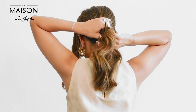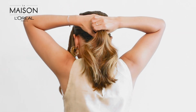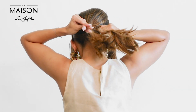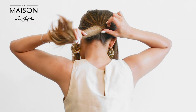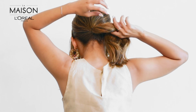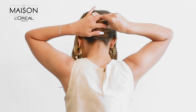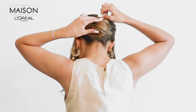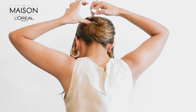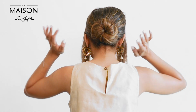Now with your hair at the back, just take that into a low ponytail first. Take it into a low ponytail. Now twist your hair around, forming a bun. Now secure the bun with a few U-pins from all the sides. So this is how your bun should look, and once you're happy with the way it looks from the back,